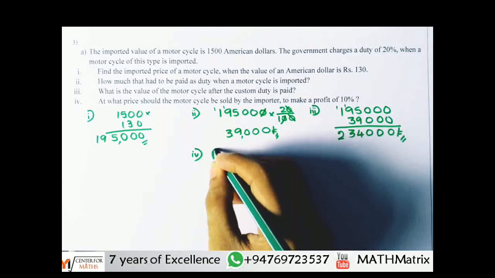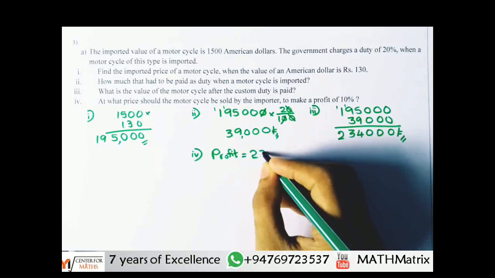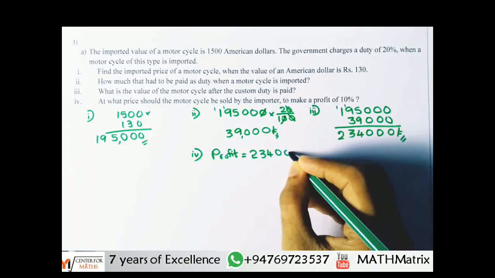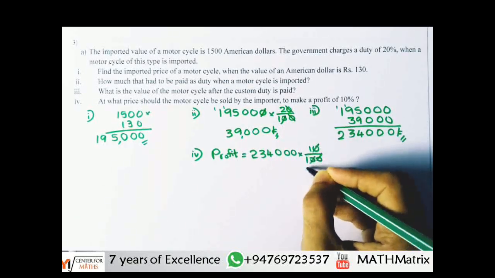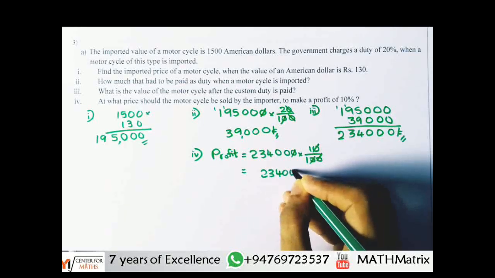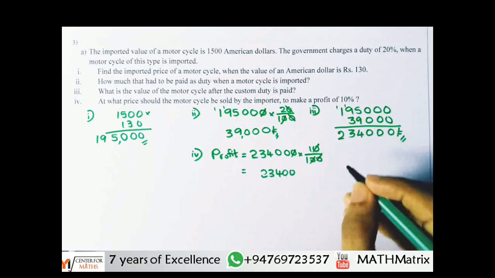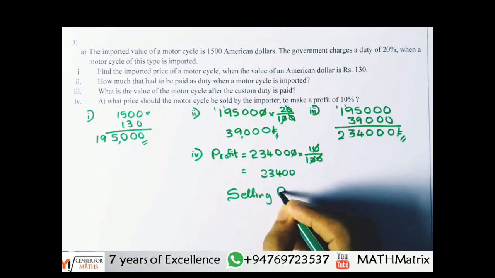Okay, so first we'll find the profit. How to get the profit? Profit is equal to 2,34,000 rupees, and we have to multiply this by just 10%. Cancelled, so that means 23,400 rupees. And they are asking us to find the selling price. So how to get the selling price now? The selling price is